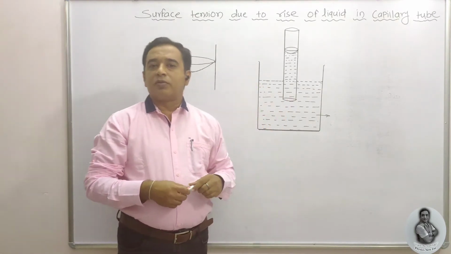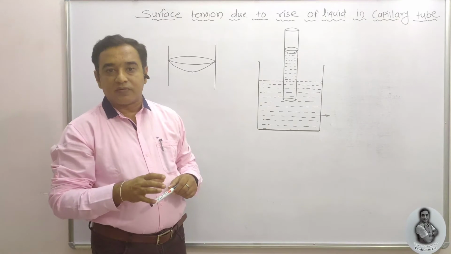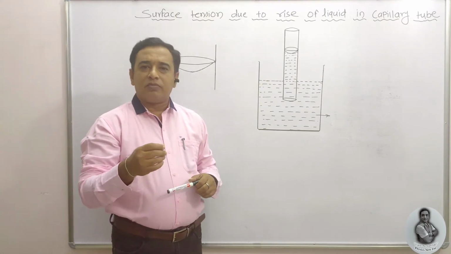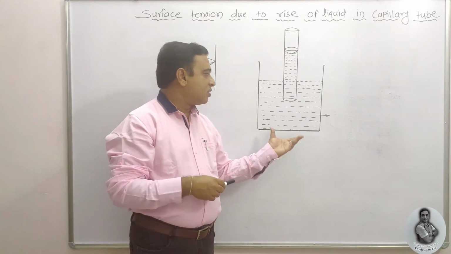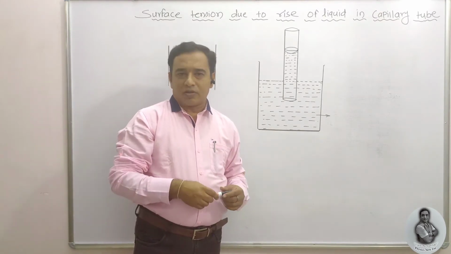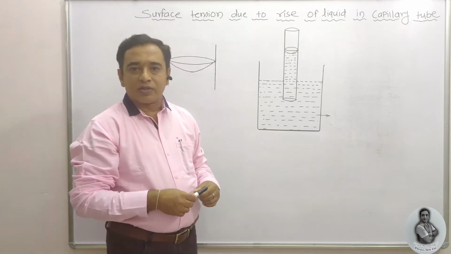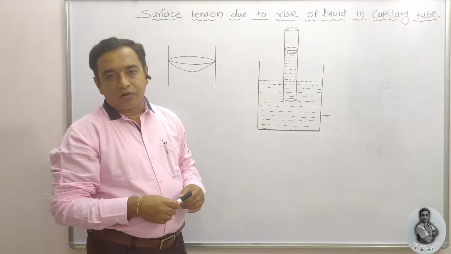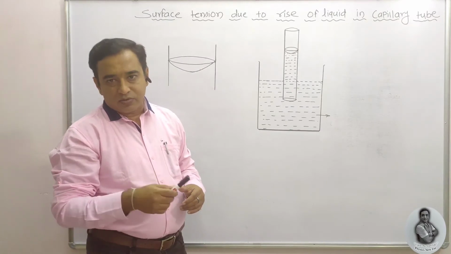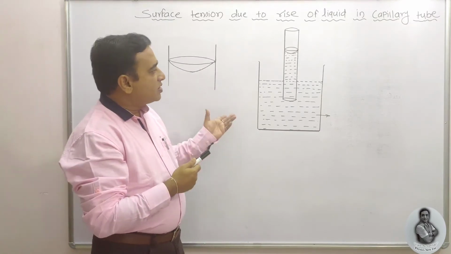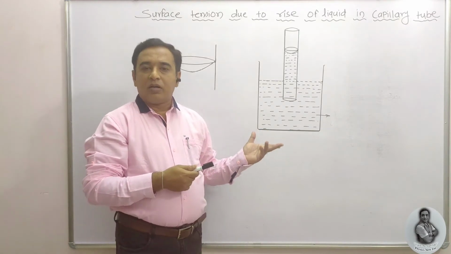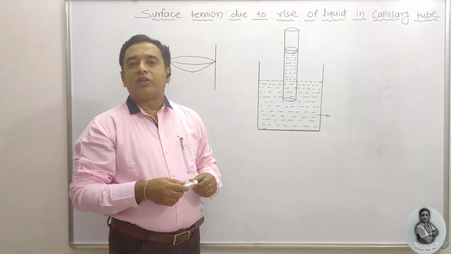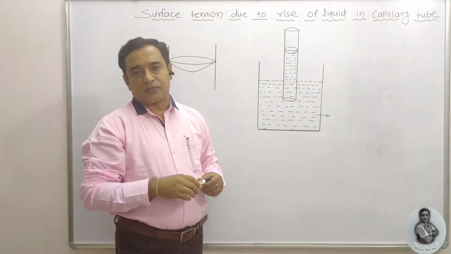Initially we are going to obtain the derivation regarding this surface tension, and what exactly is the condition when we need to take pure water inside the container. Then what about the angle of contact? Already we saw the angle of contact. Regarding pure water, the angle of contact theta is equal to 0. At that time, how much is the surface tension? And then we are going to know the effect of impurity and the effect of temperature on surface tension.